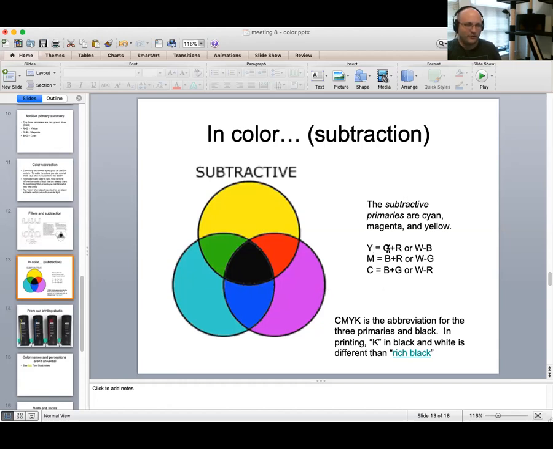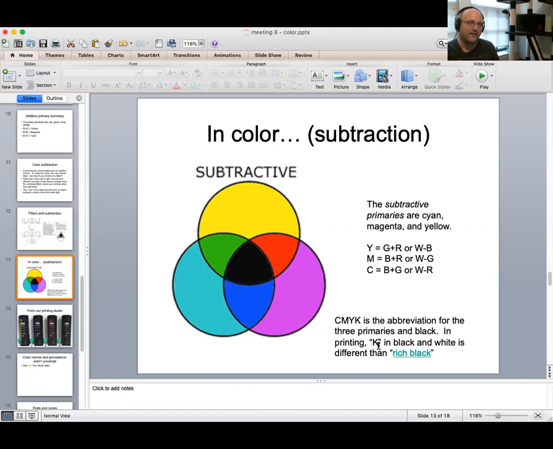You can think of yellow as either green plus red, or it's called a subtractive primary because we're subtracting just one color from white. If you take the blue light from white, you get yellow. If you take the green light from white, you get magenta. If you take the red light from white, you get cyan. And so the thinking here is if we use these as like subtractors, we can get any color we want